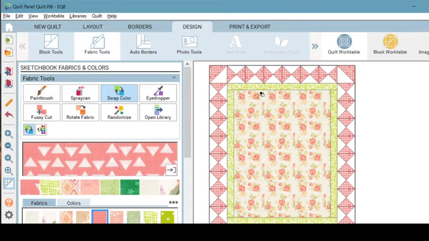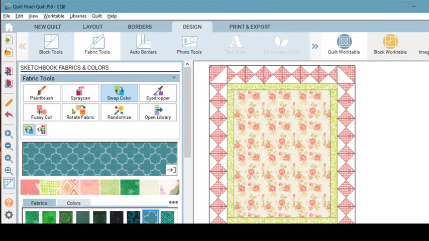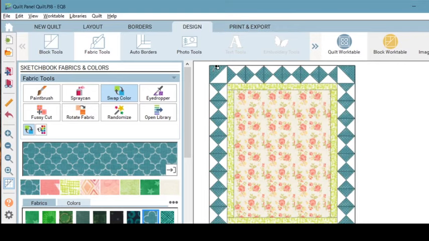Now, because I've made my corners the same as this, if I go in and pick a different color, and I still have my swap tool on, if I try to change my corners, do you see how it changes everything because they're all the same color? So I can hit Control Z to undo